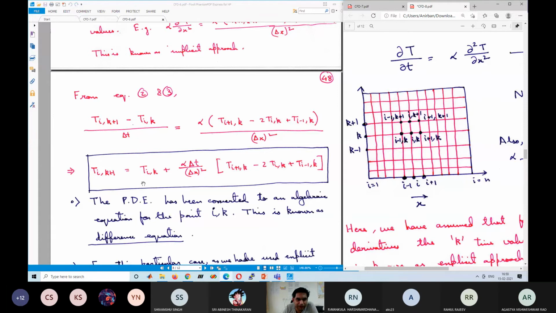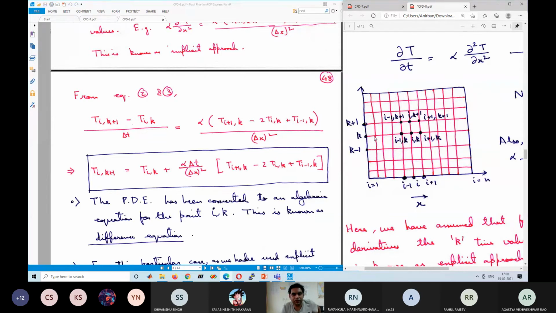What do you feel by looking at the equation? At the kth time step, if we know all the values at the kth time step, can we calculate all the values at k plus 1 time step? If I know all the values at kth time step, I know T(i)^k, T(i+1)^k, T(i-1)^k. So I will be able to calculate T(i)^(k+1), the next value. Similarly, for this one also I will be able to calculate based on these 3 points.